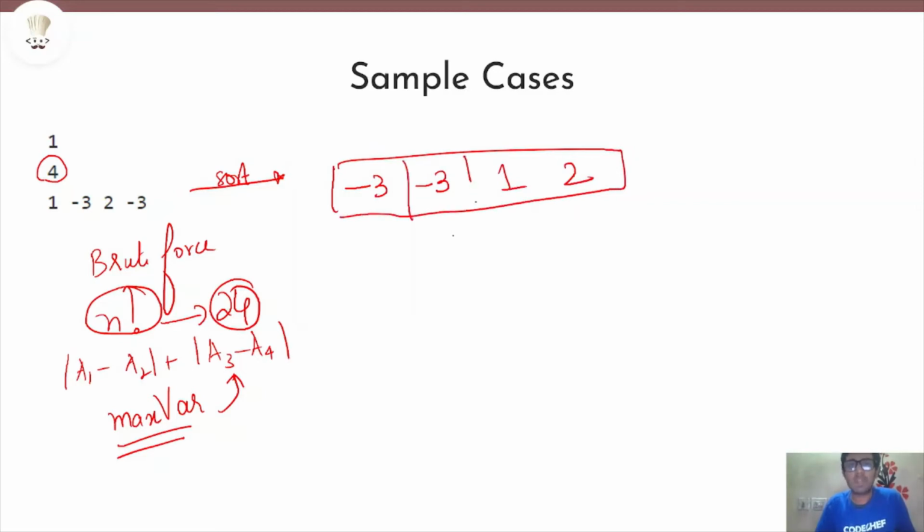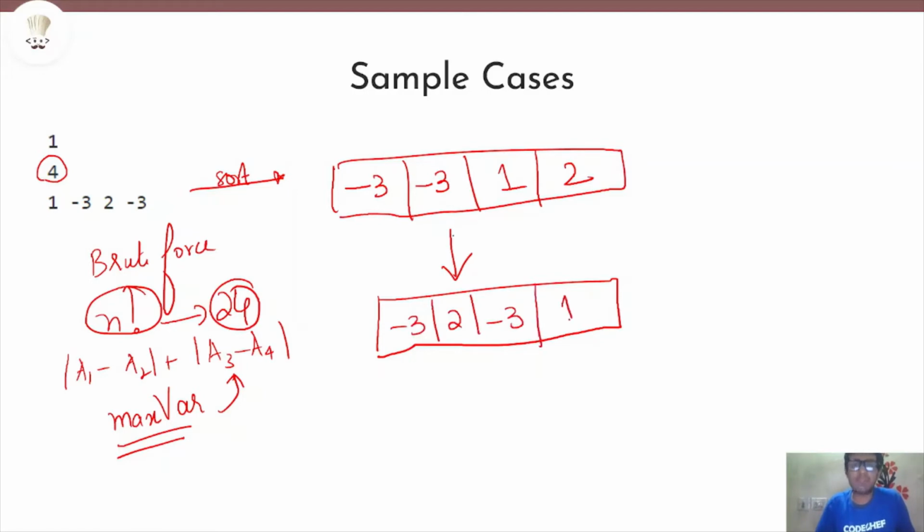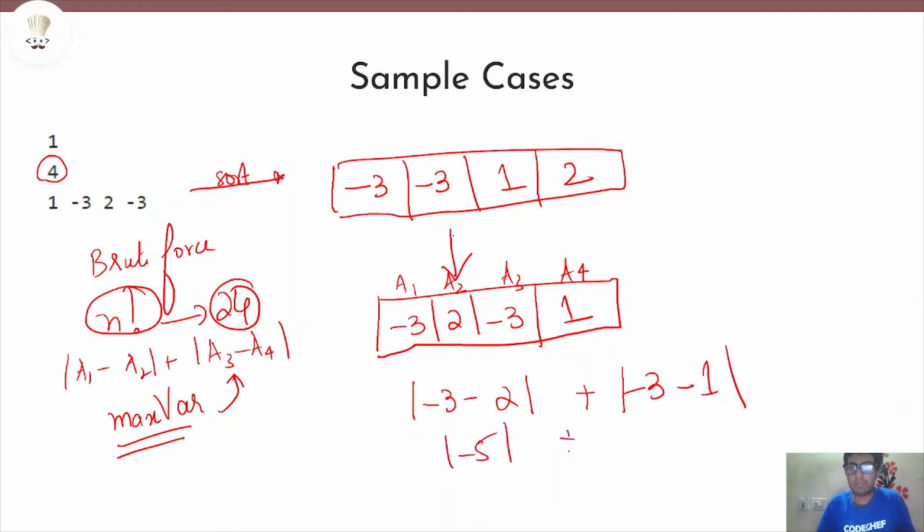Now after we sort the array, let us write one permutation of it. With this permutation, our sum is |-3 - 2| denoting |a1 - a2|, plus |a3 - a4|. a3 is -3 and a4 is 1. So in this case we have 5 plus 4 because of the modulus operator, resulting in 9.